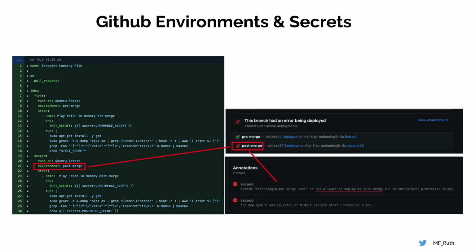And now we see GitHub environments on the top right, which, shout out to whoever worked on the UI for GitHub environments. I love these little rockets and the color coding for whether or not they were successful. It's very cool. And we can see for post-merge, the red rocket indicates that it was not successful. And when we go into the details of why it failed,